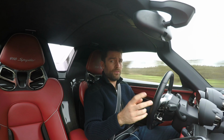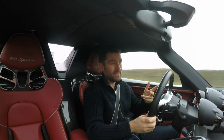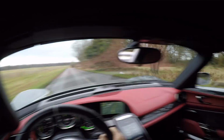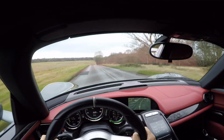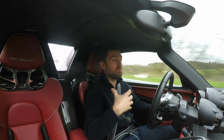Don't forget as well of the 3 hypercars that launched around that time, the McLaren P1, the LaFerrari, and this. This was the only car that was 4-wheel drive. You could take the roof off and you could run it for any length of time, decent distance on pure electric mode alone. So those 3 things in itself add up to this, in my eyes, being probably the most